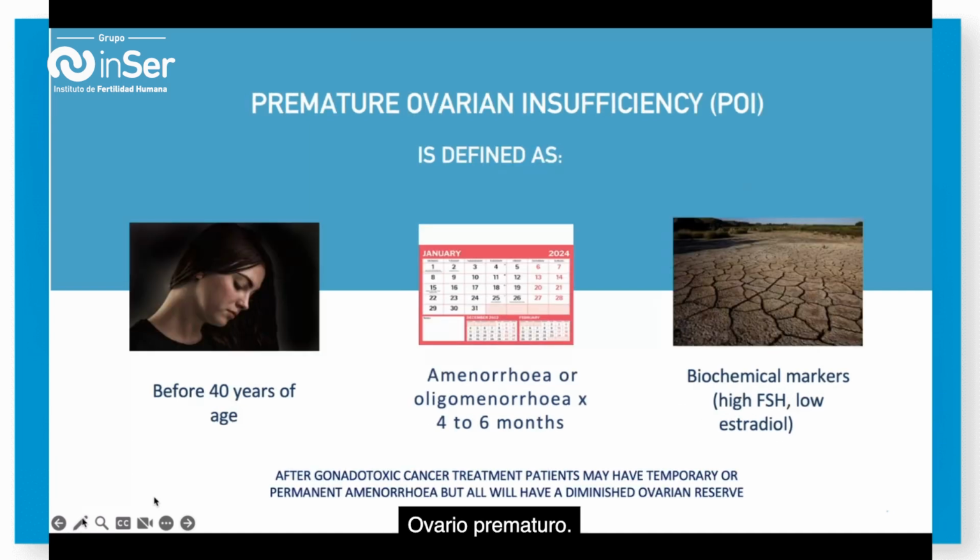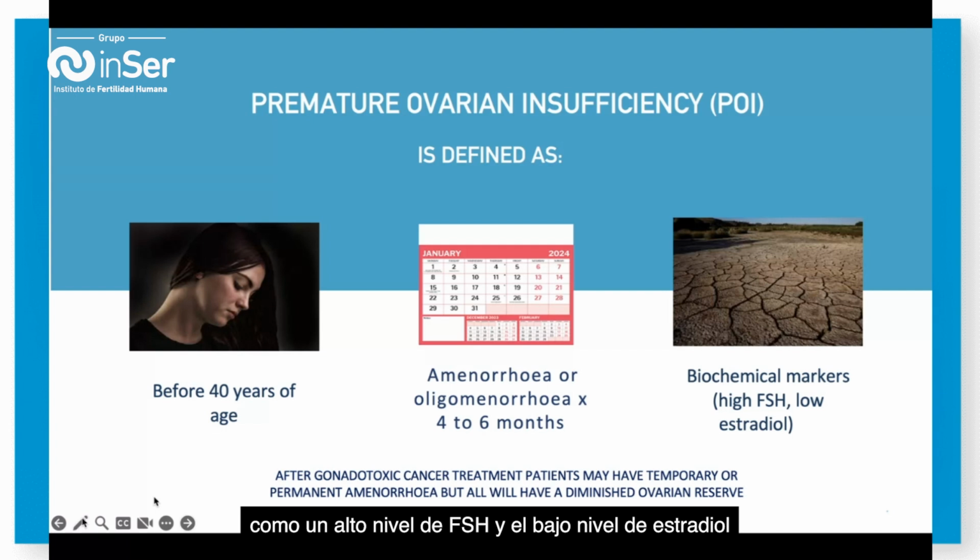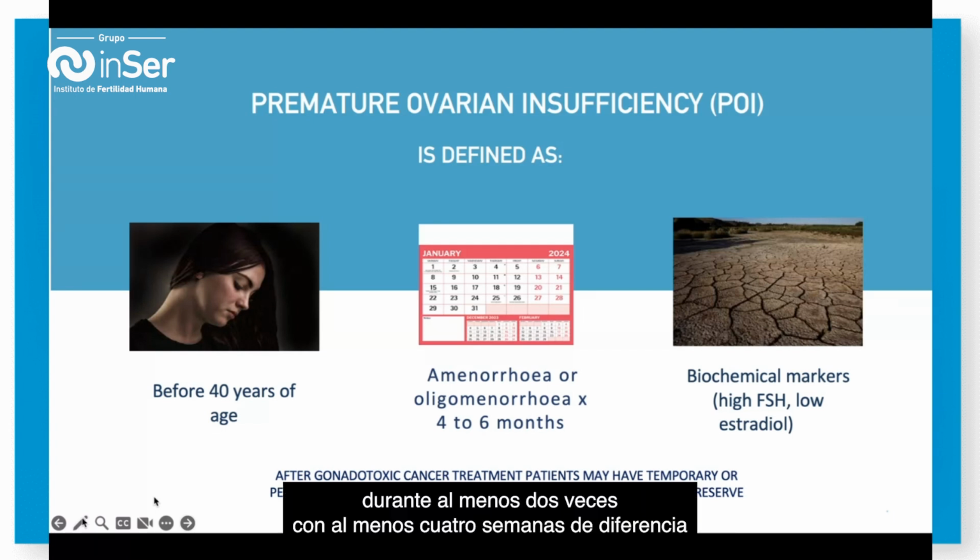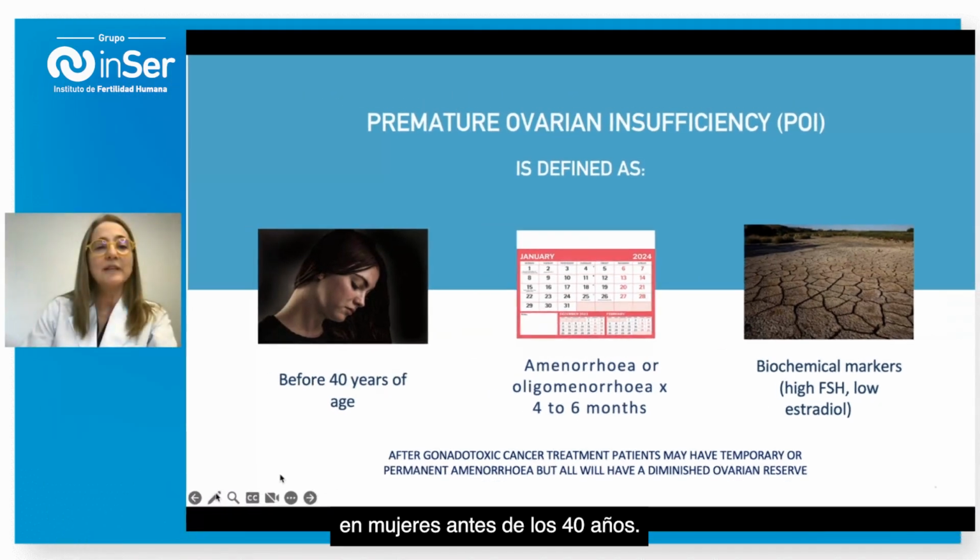Premature ovarian insufficiency is defined by the loss of ovarian function, and it's indicated by the presence of amenorrhea or oligomenorrhea for more than 4 to 6 months, together with biochemical markers confirming ovarian insufficiency, such as a high FSH and a low estradiol level for at least 2 times, at least 4 weeks apart in women before the age